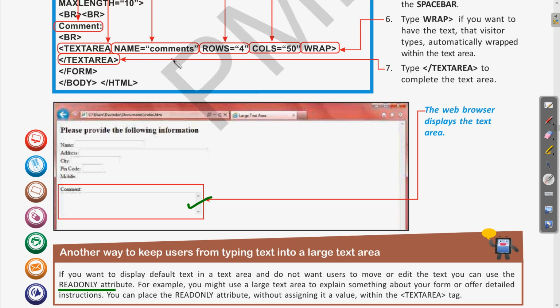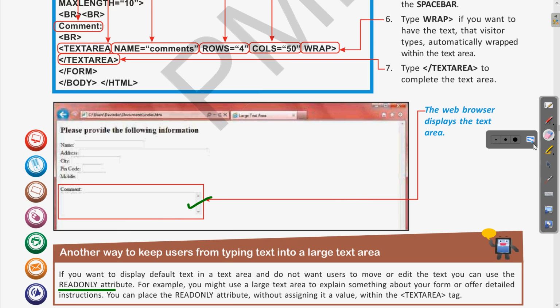For example, the name is comment, and rows and columns also have values. For making this text area read only, we need to write read only within this tag, and there is no need to assign any value to it. Clear? So this read only attribute changes the text area to a read only feature, so it will only be visible to the person.